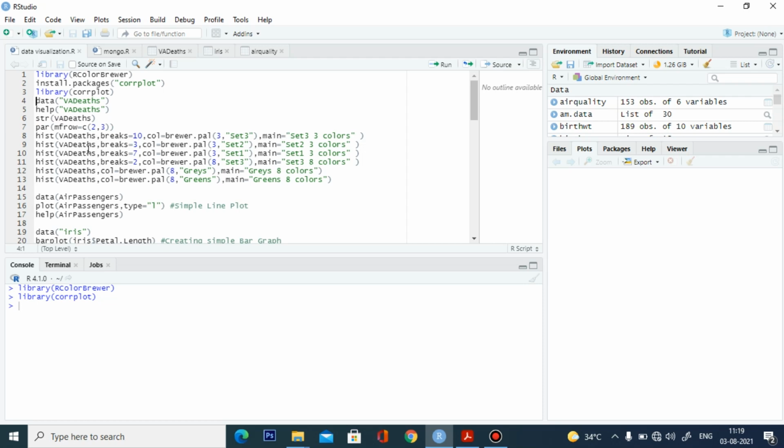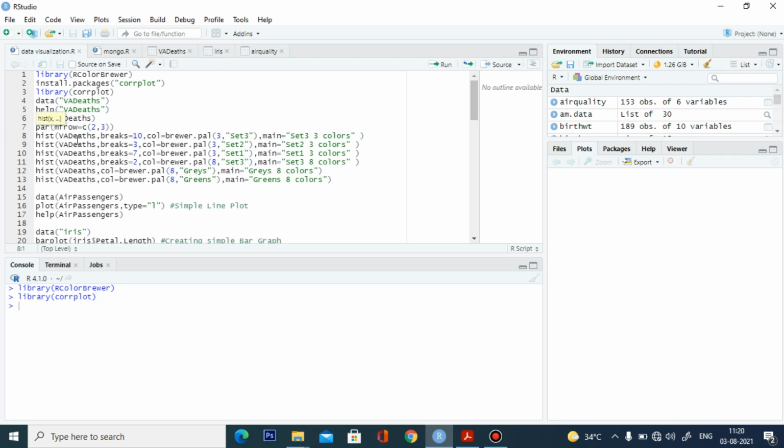You can change the breaks and see the effect. It helps visualization in terms of understandability. That's why we are using the parameter mfrow equal to c(2, 3), which shows multiple graphs on a single page for better understandability. Here 2, 3 means 2 rows and 3 columns, so 6 graphs will be shown on a single page. In this histogram, we give separate breaks, to see how the data is visualized in R with different sets of breaks.